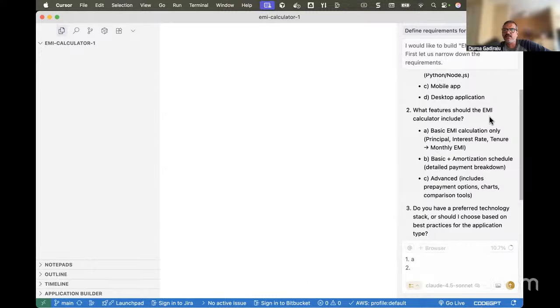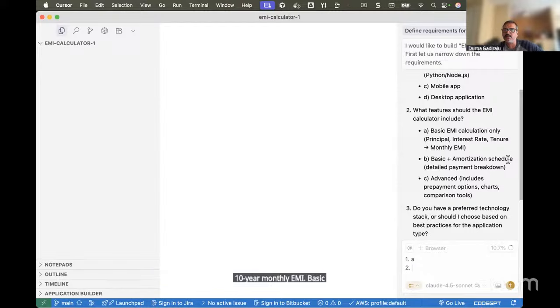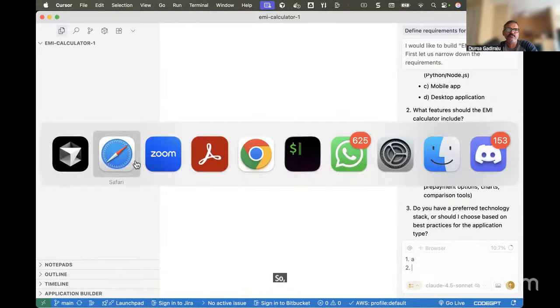Then what features should the EMI calculator include? And again, there are three options. Basic EMI calculation only, where principal, interest rate, tenure, monthly EMI. Basic plus amortization schedule. So the first one is about,